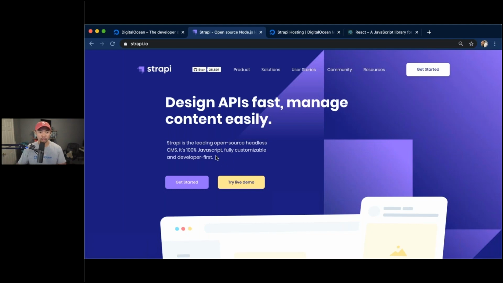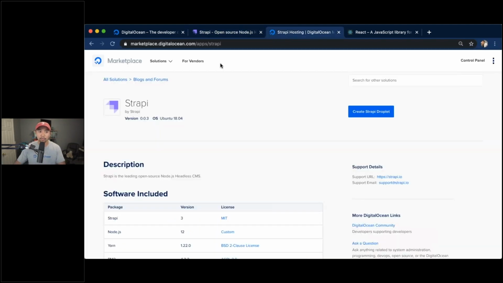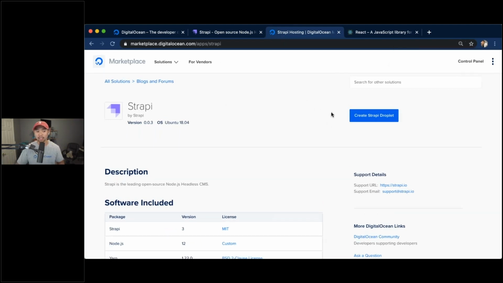Strapi is really cool because we can install it on DigitalOcean with one click. If we go to the DigitalOcean marketplace, there's a Create Strapi droplet button here. So we can create one on DigitalOcean in one click, see it get spun up, and we have a brand new app online. But what I'm going to do here is,